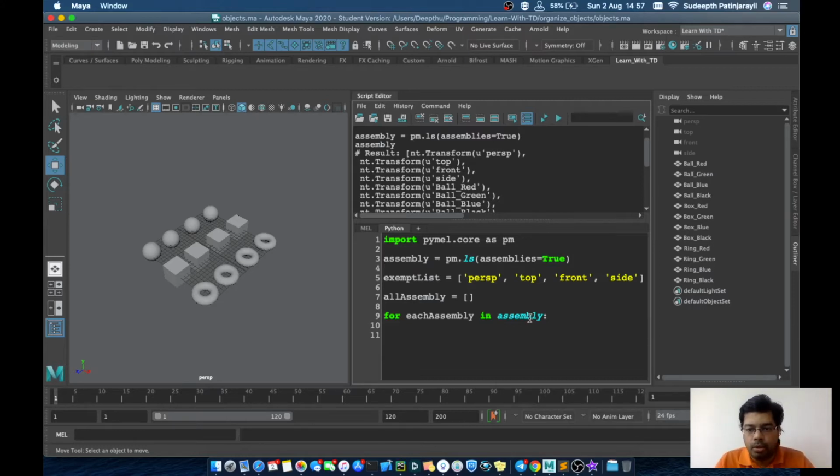You are getting this in blue because Maya has a default command called assembly, so that is the reason it is showing as blue. We cannot use this assembly naming.